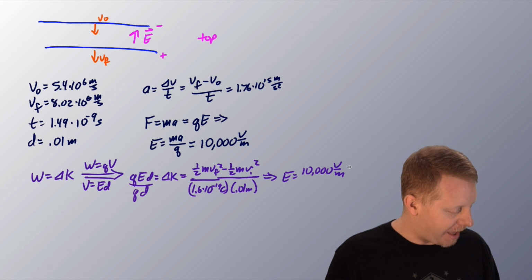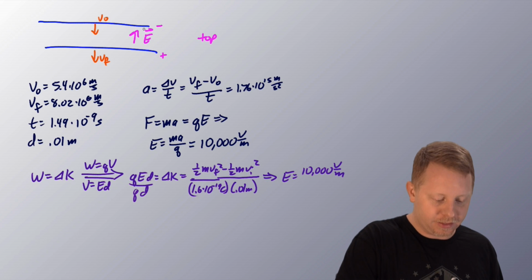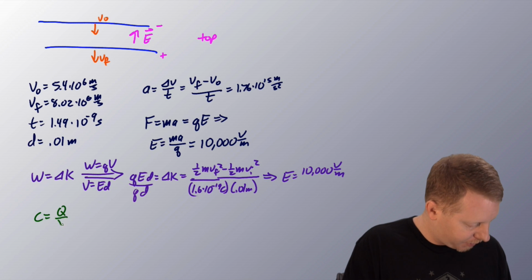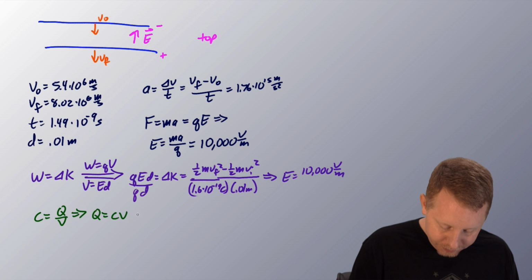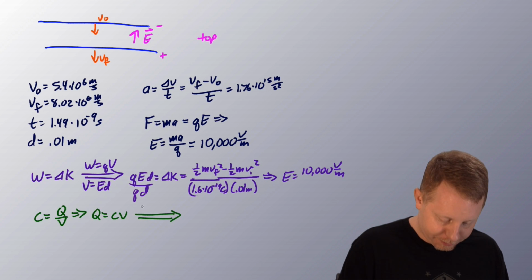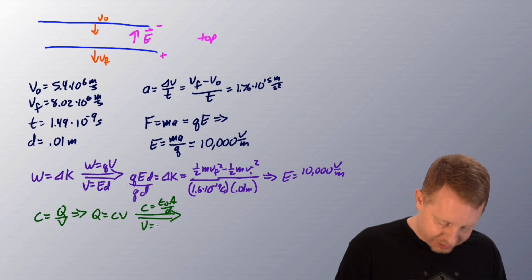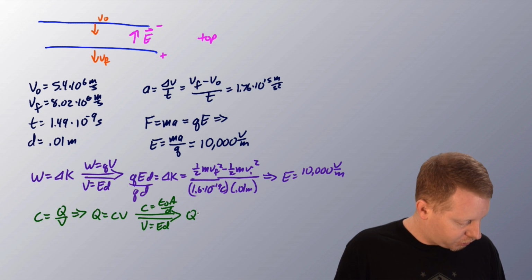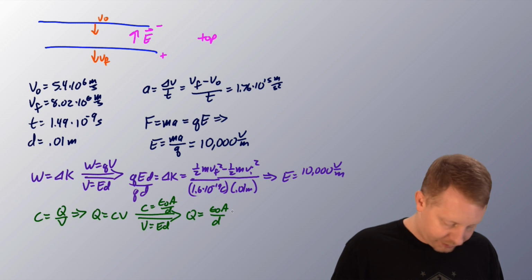And then C, calculate the magnitude of the charge on the top plate. Well, to do that, I would recognize that what we're really looking at here is basically a parallel plate capacitor, where capacitance is charge divided by voltage. Therefore, charge is capacitance times voltage. Now, the capacitance of a parallel plate capacitor is epsilon naught A over D, the separation between them. And the voltage across them, we just said, was electric field times the distance between them. Therefore, charge is going to be epsilon naught A over D times our voltage, ED,